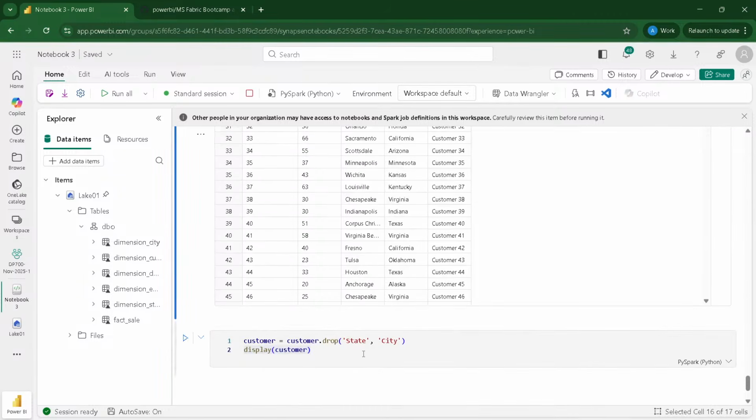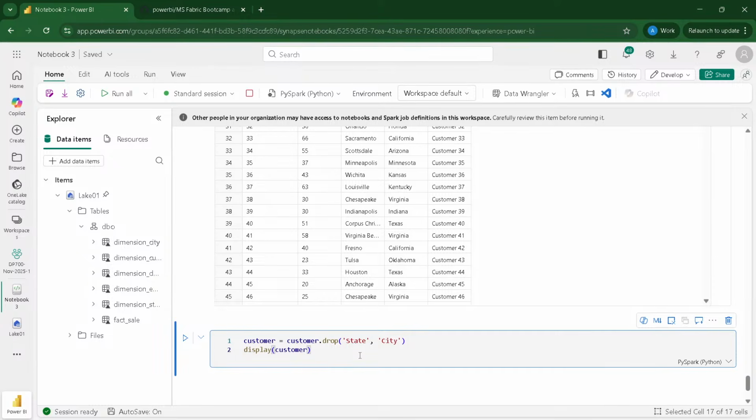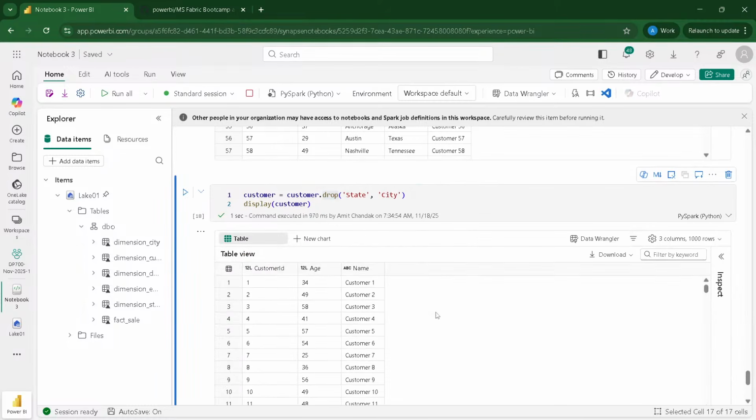If it would have been SQL, you would have seen alter table, drop column, and column names, if it is supported. So here we have customer.drop and a comma separated list of columns, in single quotes; you can give double quotes depending on what function you have. And after that, if I display, you see that I don't have state and city.